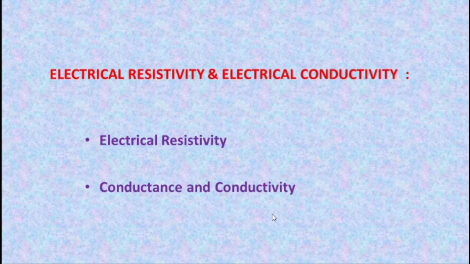What is electric potential? Electric potential is the amount of work done in moving a unit positive charge from infinity to that particular point against the electric force. Potential difference formula: V equal to W by Q. Here V is the potential difference, W is the work done, and Q is the charge. Then what is volt? The SI unit of electric potential or potential difference is volt. 1 joule of work is done in moving 1 coulomb of charge from one point to another against the electric force. That is 1 volt.